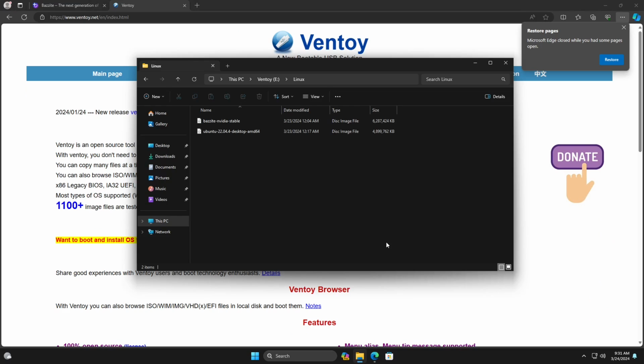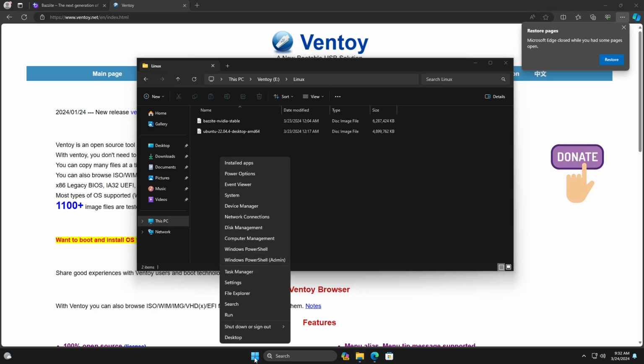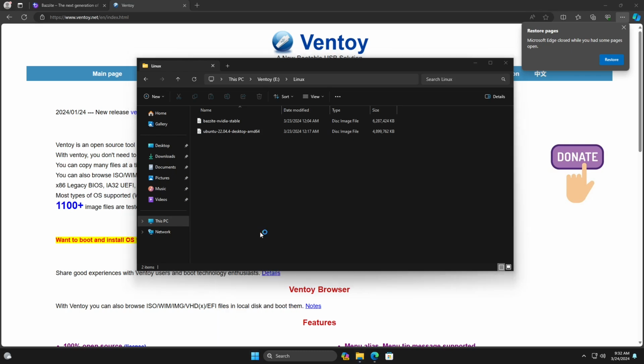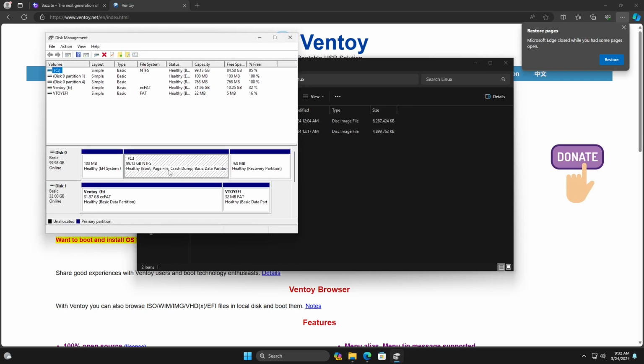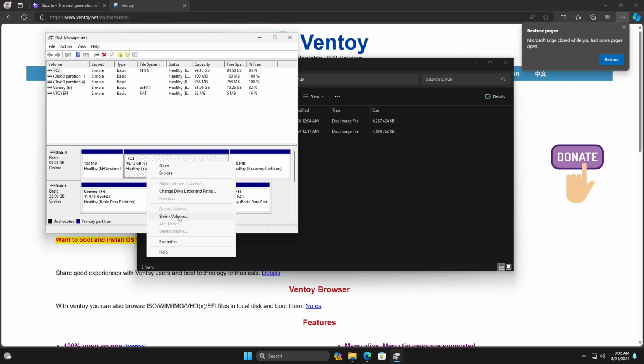Now that we have our ISO files in place, we need to make a little bit of space on the C drive in order to install Bazzite alongside of Windows. To do this, we're going to right click on the Windows Start button. We're going to select Disk Management. We are going to right click on the C drive, shrink the volume.